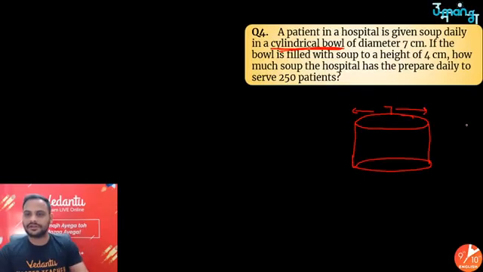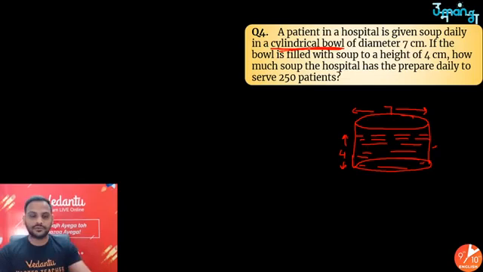Diameter is 7 centimeter. If the bowl is filled up to a height of 4 centimeter, मान लो ऐसा 4 centimeter की height तक we are filling this bowl with soup. So the soup is present in the form of a cylinder up to a height of 4 centimeter. How much soup does the hospital have to prepare daily to serve 250 patients? Simple है, I can first say कि sir, soup